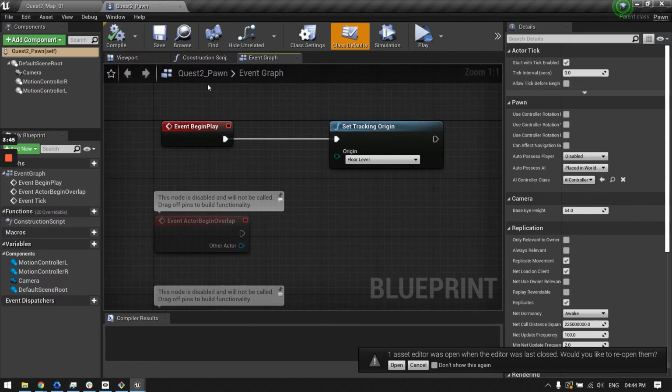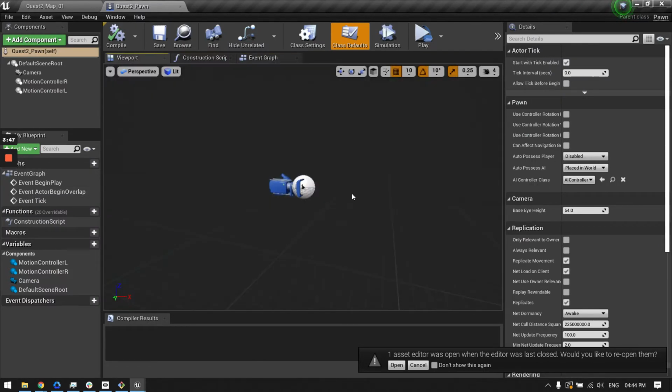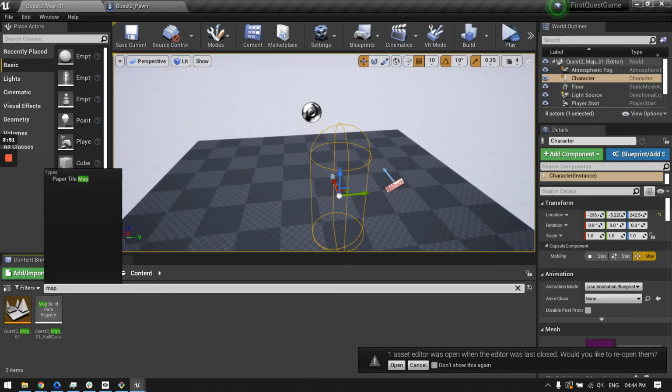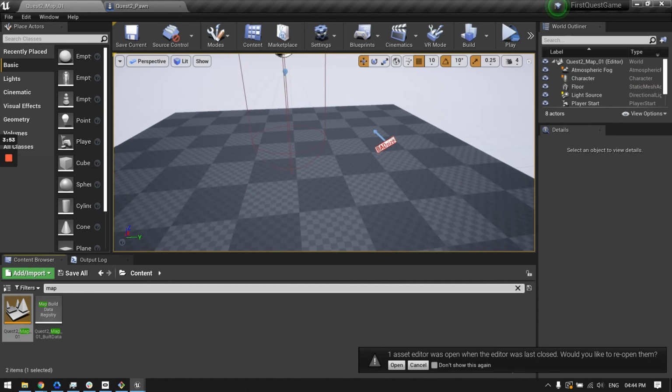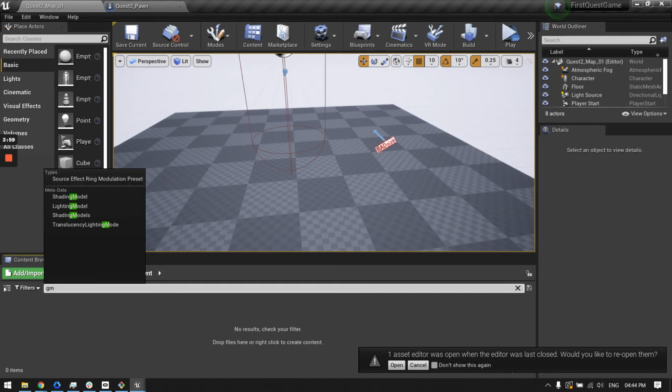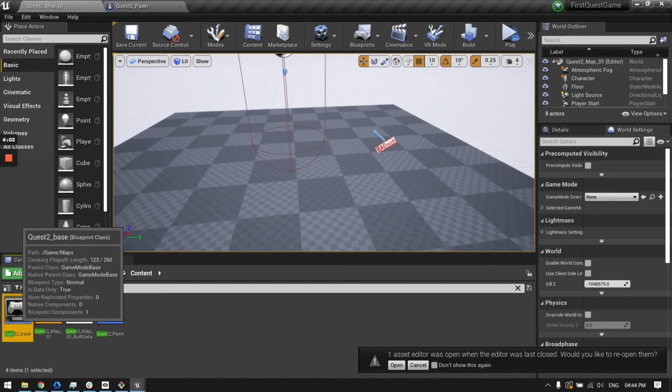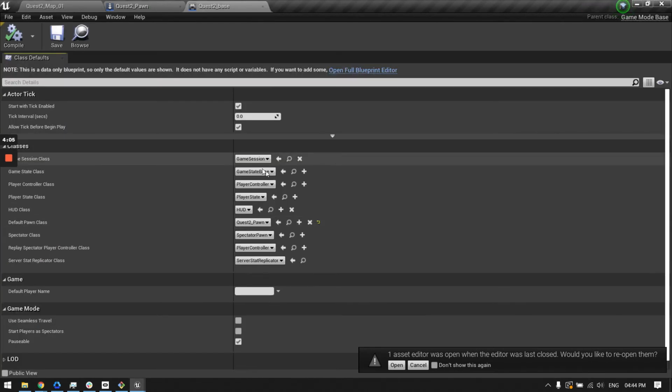Yeah, so I have access to this pawn now. We also need access to the map, so the map and the game mode. So here's the game mode.